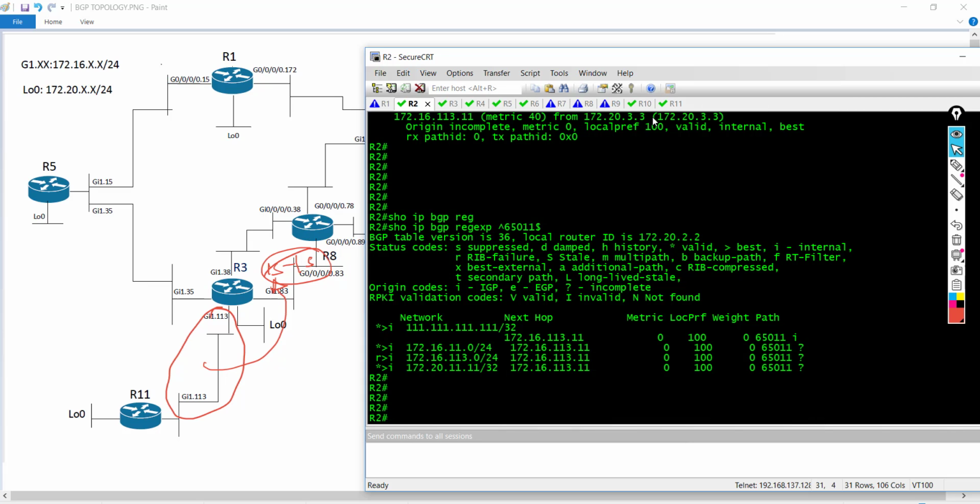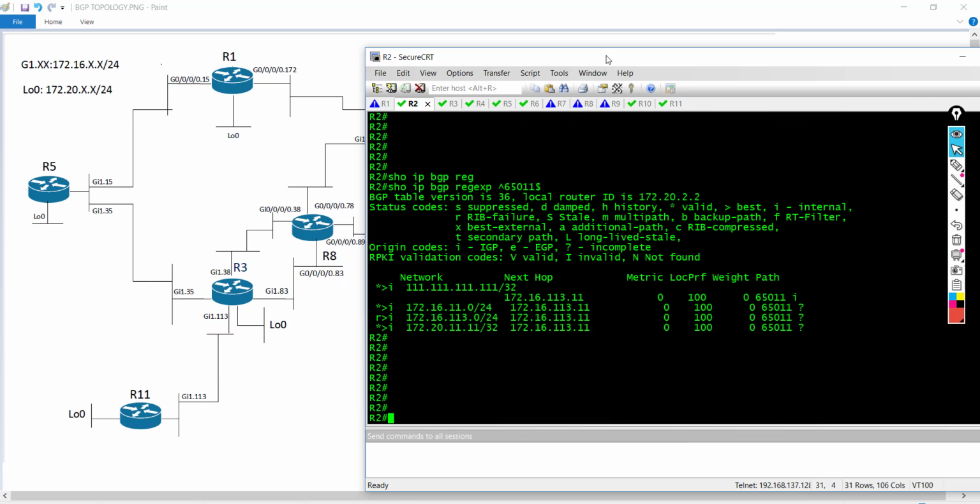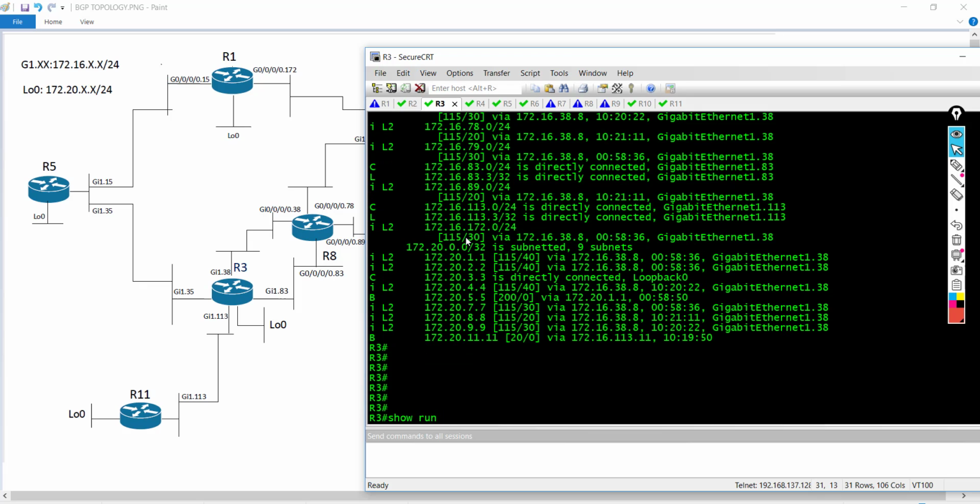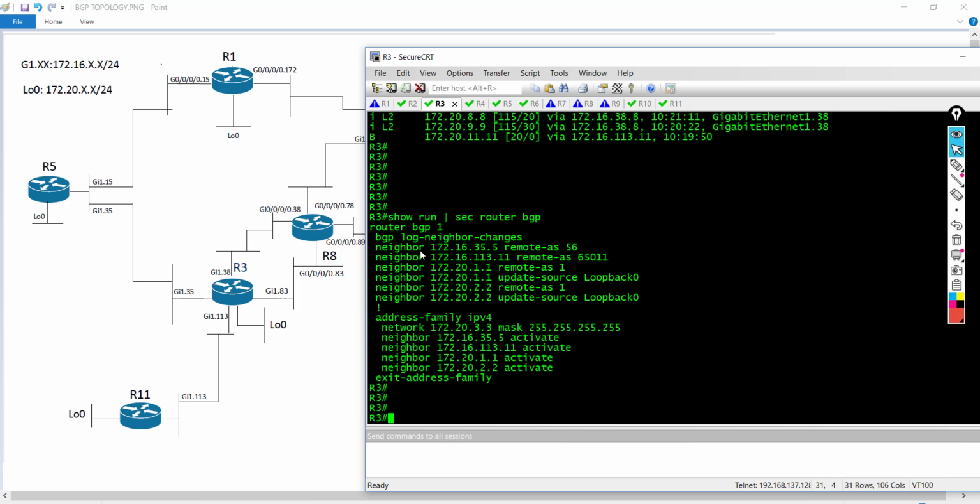So one way we can do that is simply to go into the BGP process. So on router 3, I'm going to say show run pipe section router BGP. I think we should leave it for now, right? Router BGP. So I'm going to say for this neighbor, for neighbor.11, which is this peering, I'm just going to copy it,